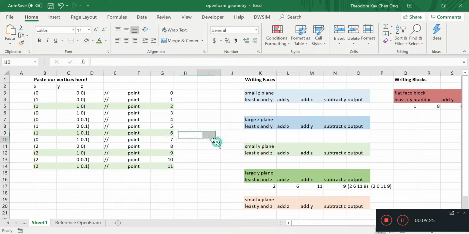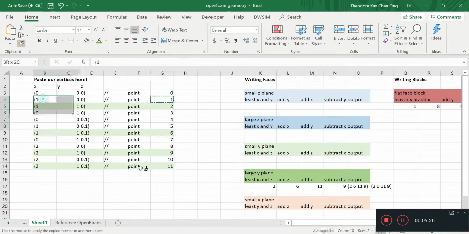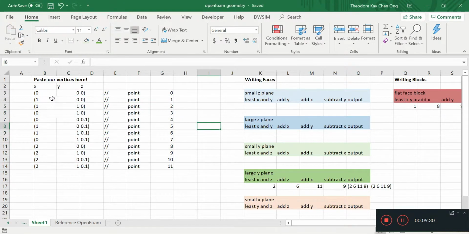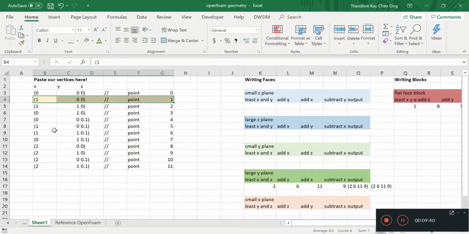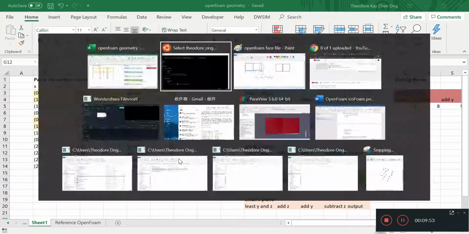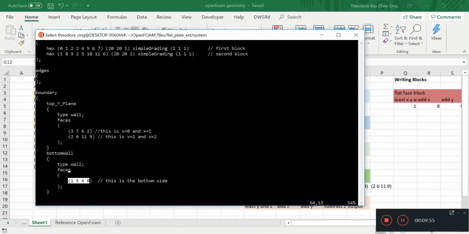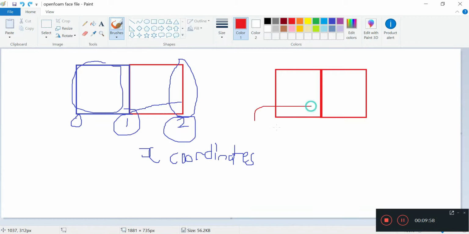Okay, we just unhighlight everything first. 1, 4, 5, and 0. What is common among all of these? All of these have y coordinate equals to 0. And so this plane is talking about this one over here. And we don't want a